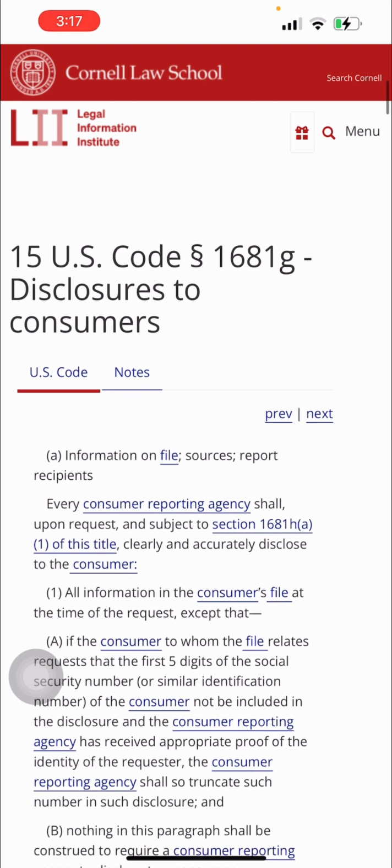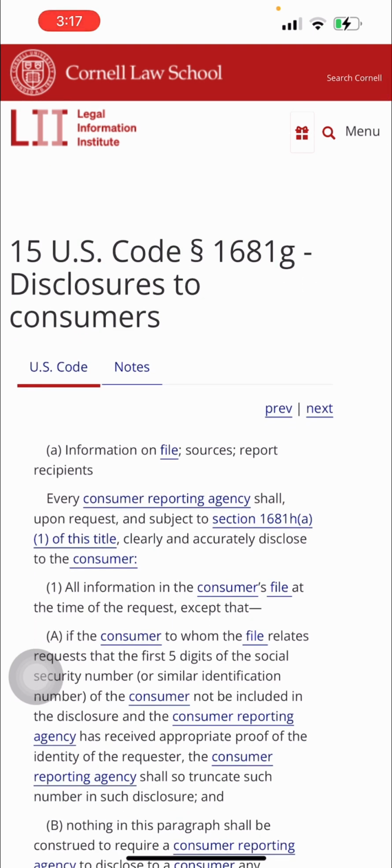So we're going to go down where it says every consumer reporting agency. Experian, TransUnion, and Equifax. I'm talking about them right now, but this refers to all consumer reporting agencies. But right now we're talking about the main three that you're disputing with and trying to clean up your consumer report.